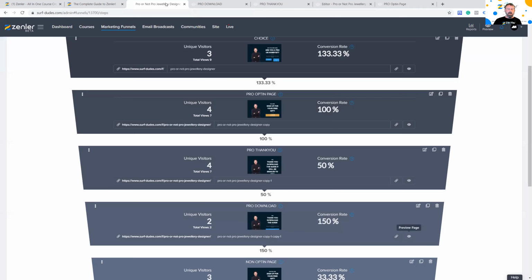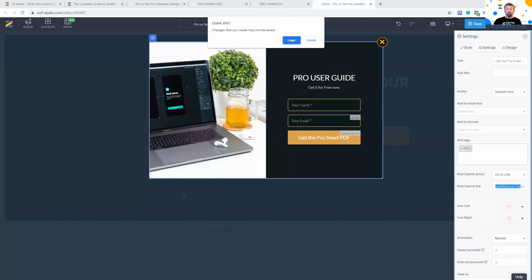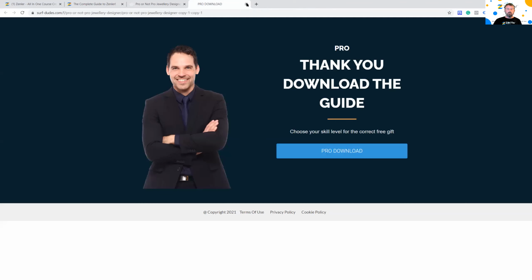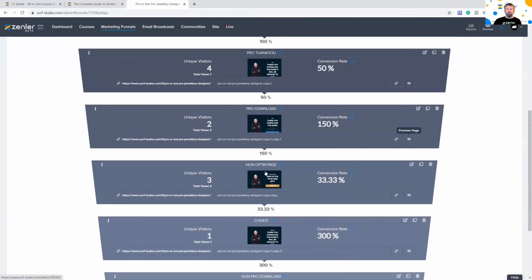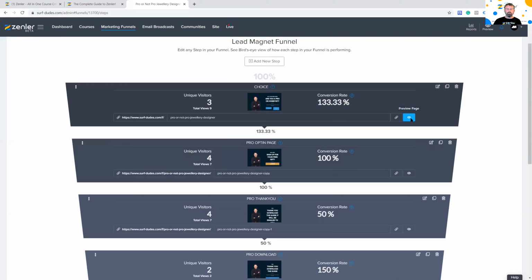So it's separated out. The way the pro works is exactly the same way for the non-pro. So for the non-pro, let me close a few of these windows down. Let's go back to the original page.